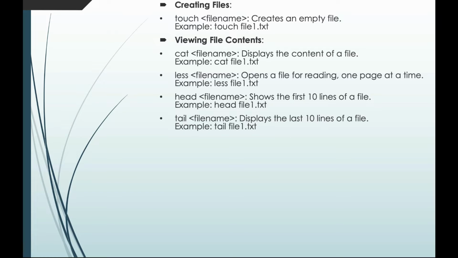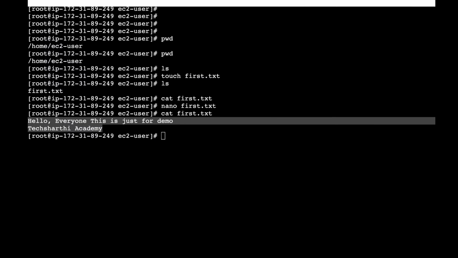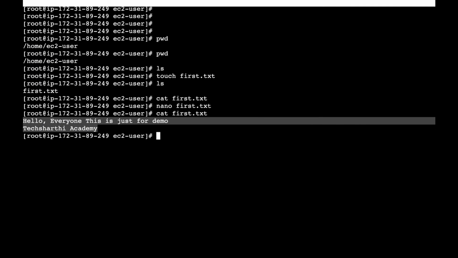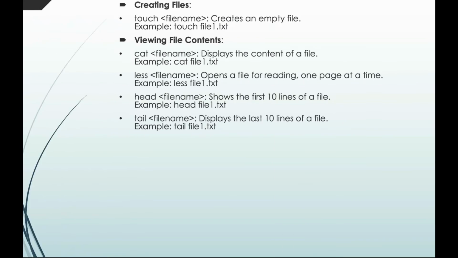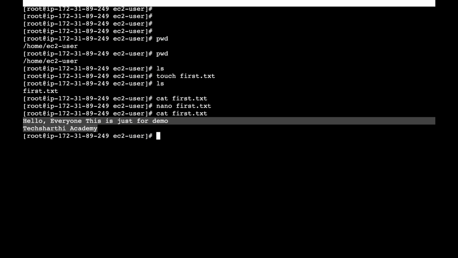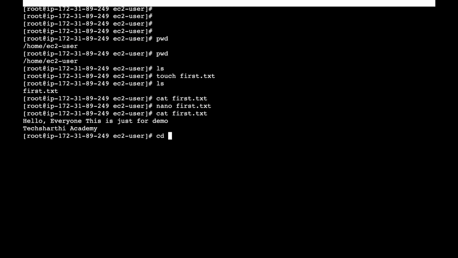So this less and more command will help you over there. What is this head and tail command? Don't worry, I'll just type and write everything. So to see the implementation of less, head and tail command, what we can do, we will go to this